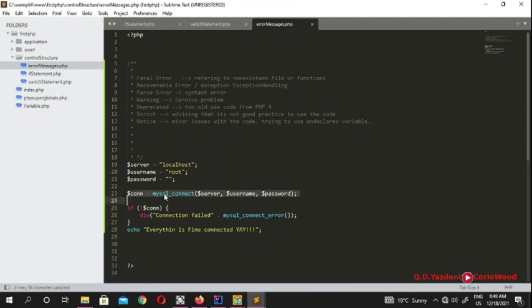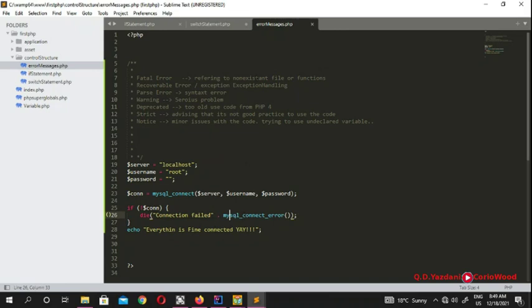Line 23, this line mysql_connect, because MySQL is very old PHP 5. That was the old PHP we used to connect, but no longer, because nowadays you guys need to put a MySQLi, and mysql_connect_error also has a problem, because this is no longer used